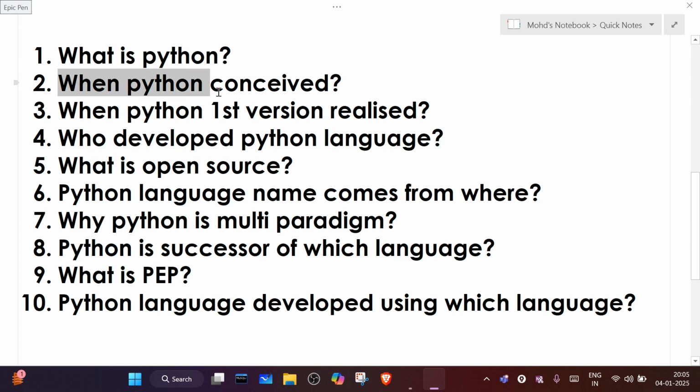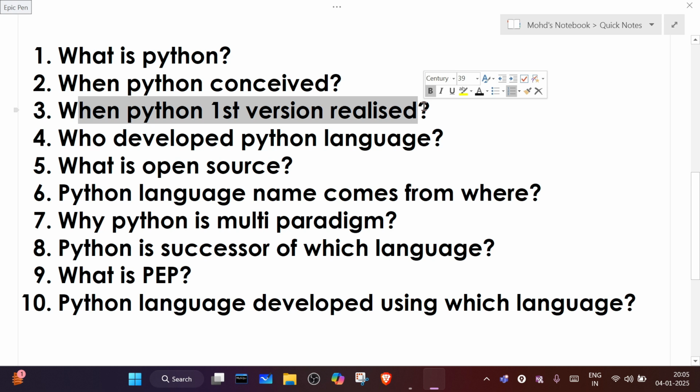When was Python conceived? Can anyone tell? 1980, sir. Okay, Python was conceived in the 1980s. And when was the first version of Python released? 1981? 1991? 1991 or 81, are you sure? 91, sir.